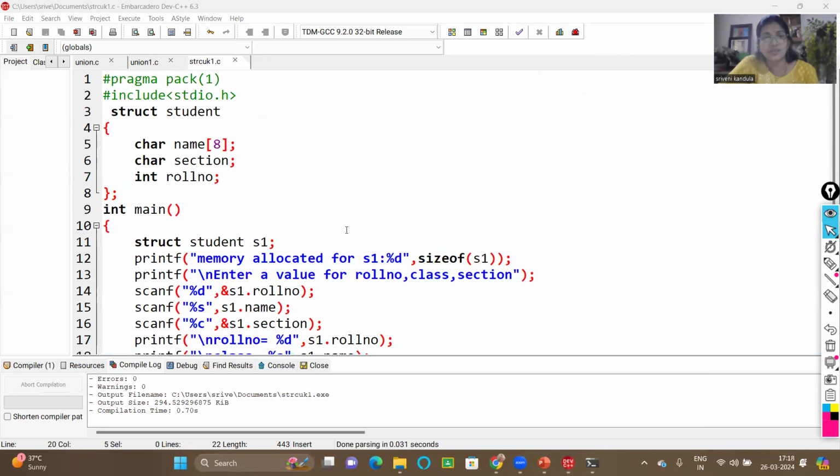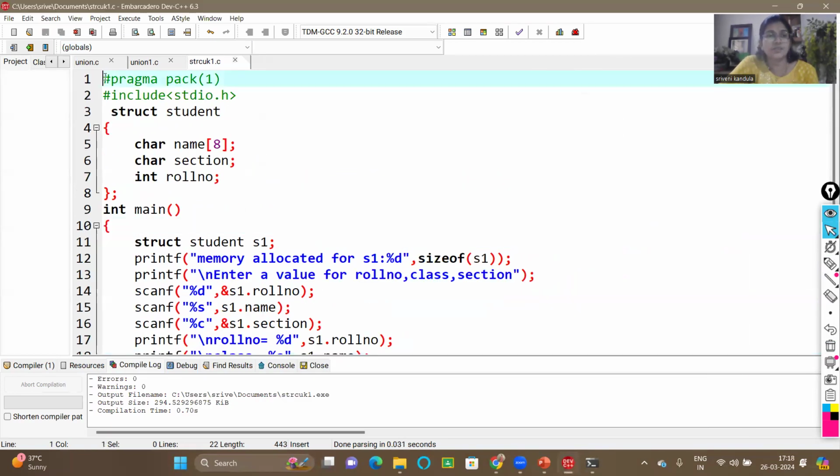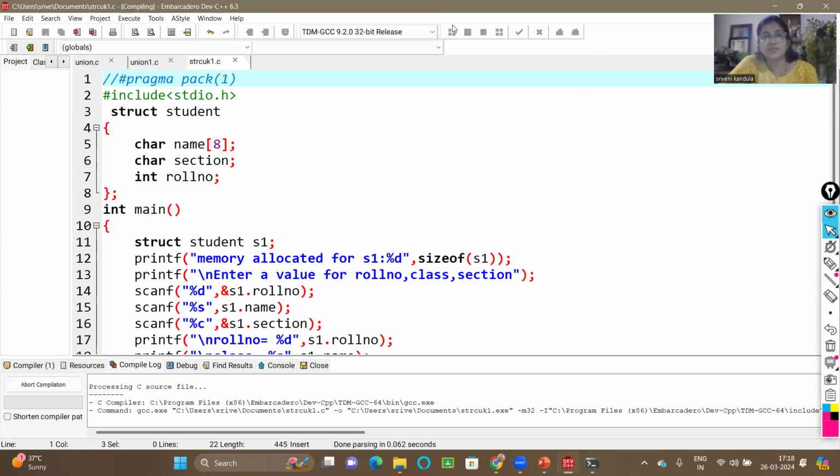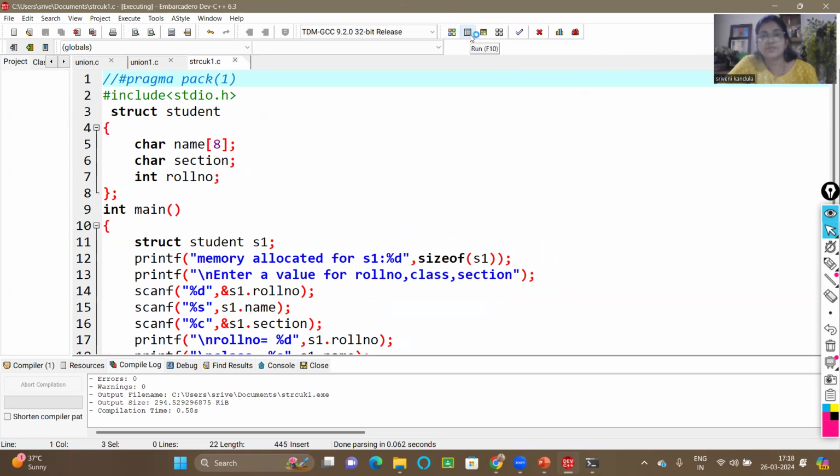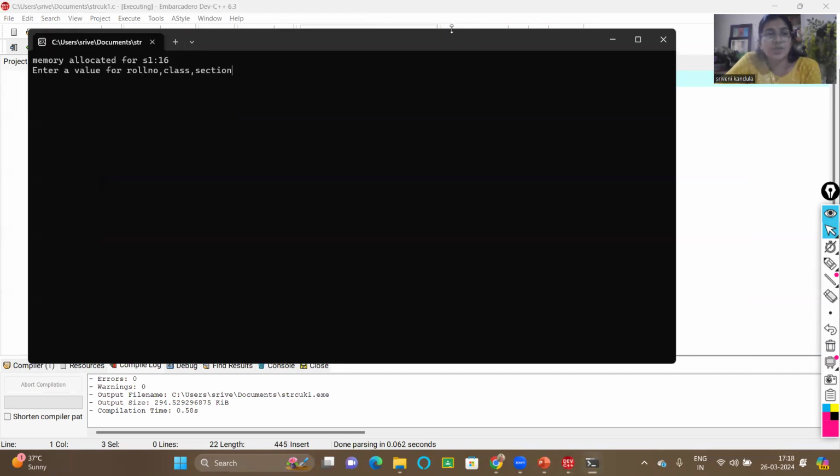Yes, your pragma is there. So here you can see the memory allocated for the structure variable S1 is 16 bytes. But what we thought, it should be 13 bytes theoretically. But the CPU is giving 16 bytes because it is performing parallel processing and doesn't want to waste